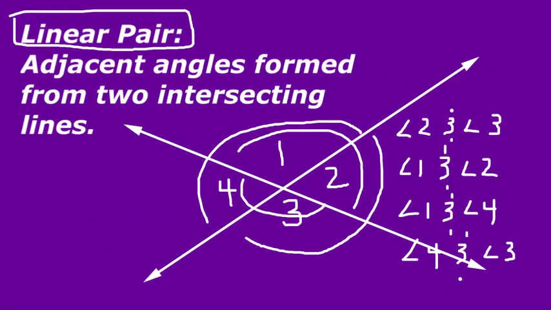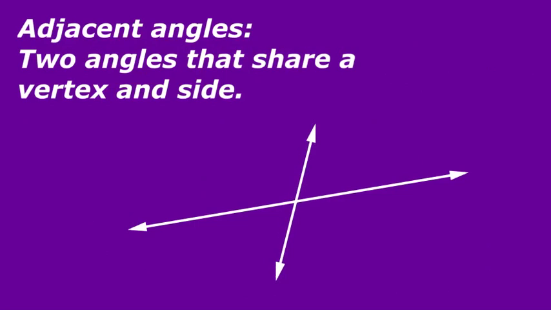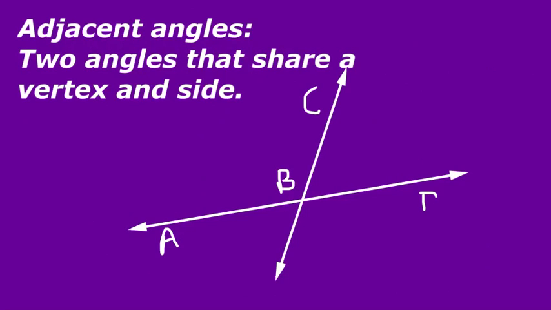Okay, so you might have wondered what that word adjacent means. So adjacent angles are two angles that share a vertex and a side. So we'll draw some of these here. So here's a few different measurements or angles in there. So I'm going to have point A, point B, point C, point D, point E. So if I'm using letters and I want to just look at adjacent angles for now,